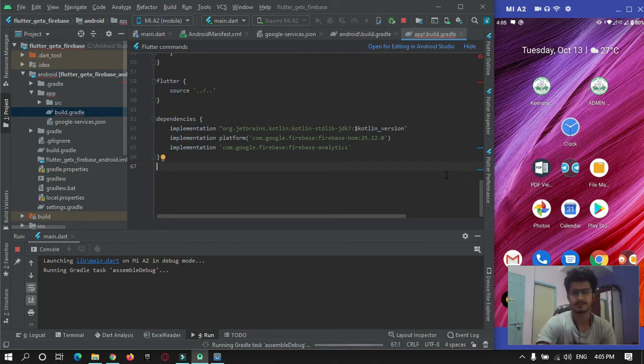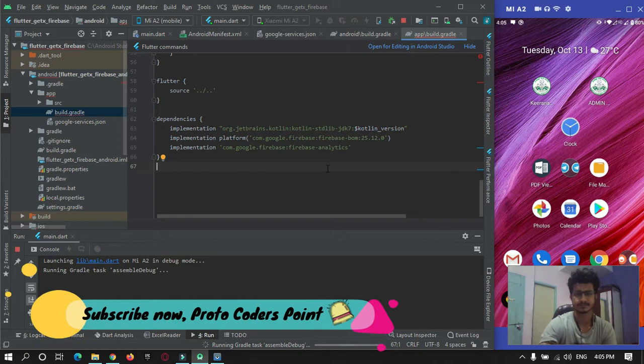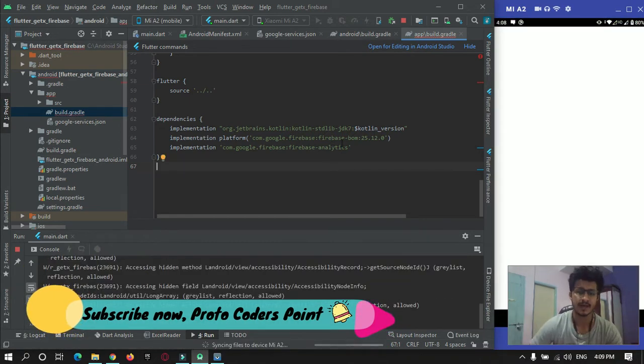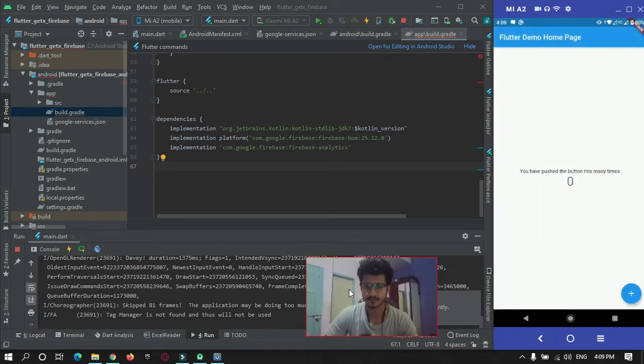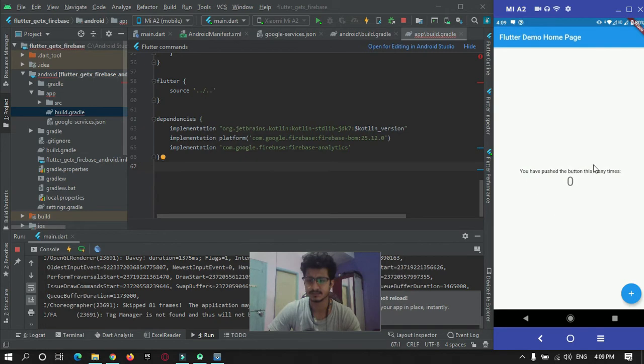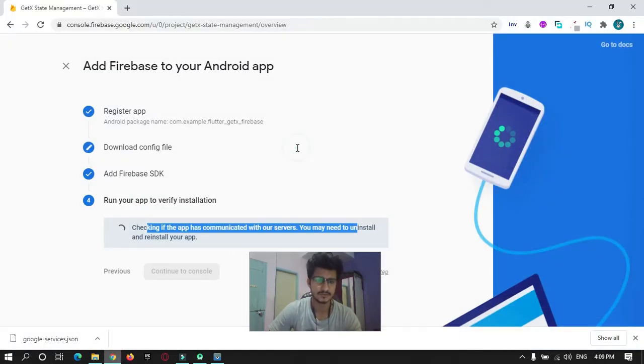I will just fast forward over here. The app has been installed on our device, as you can see on the screen. So just go into Firebase console to check it.